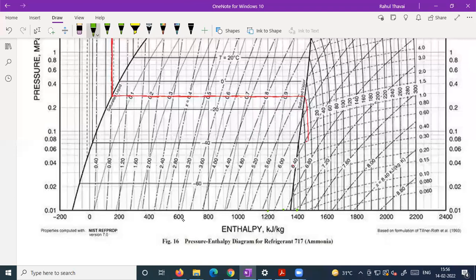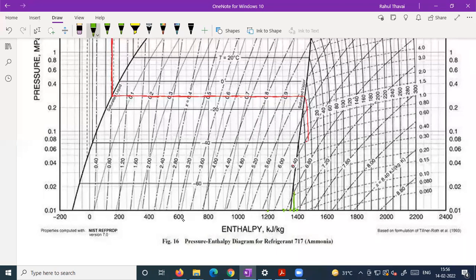So this is 1300, and this is 1200, and this is 1400. The middle one becomes 1300. Then the average of 1300 and 1400 becomes 1350. It will lie here, and that 1380 will lie somewhere near. Is that okay? Yes or no? Let me know, all of you.